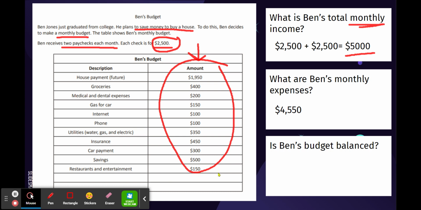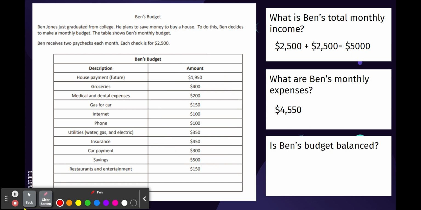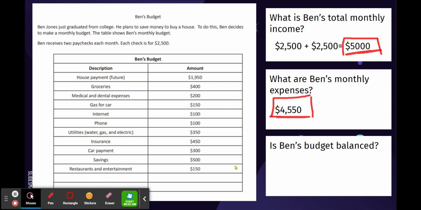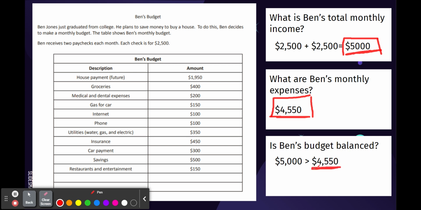Okay, now is Ben's budget balanced? All right. In order to find out if Ben's budget is balanced, we need to take his total monthly income and compare it to Ben's monthly expenses. So right now, Ben's total monthly income is $5,000 and his total monthly expenses is $4,550. So $5,000 is greater than $4,550. So his expenses are less than his income, the money he's bringing in,